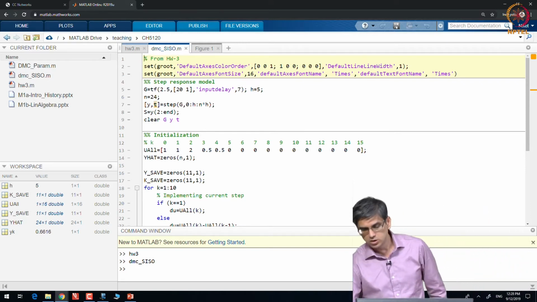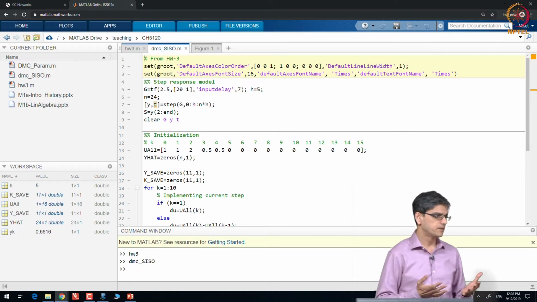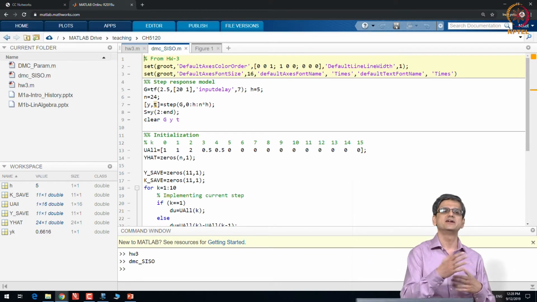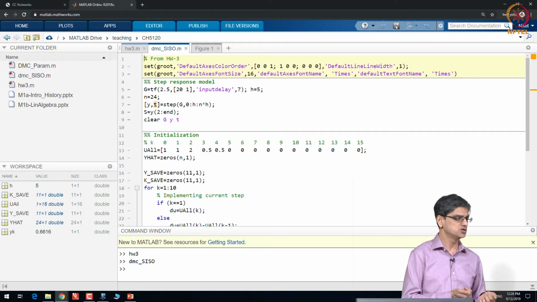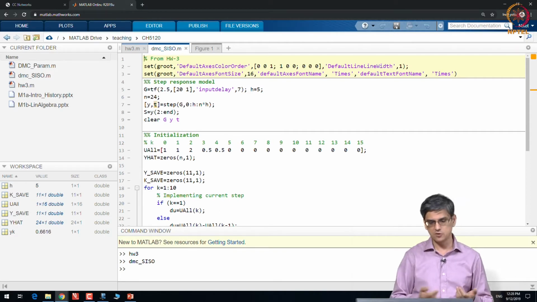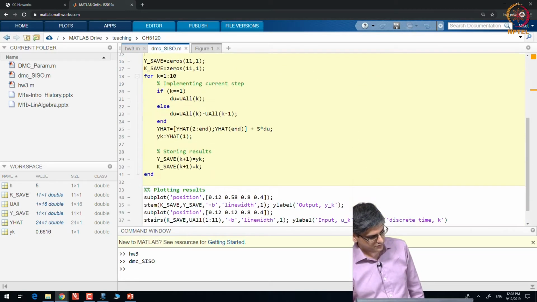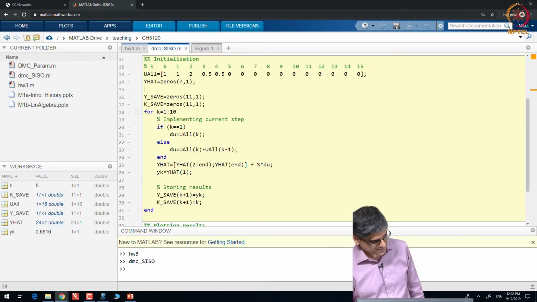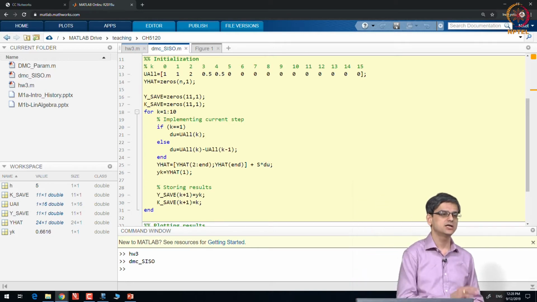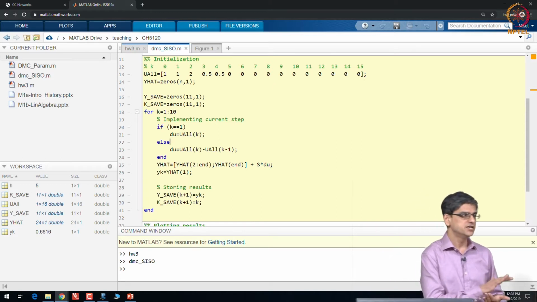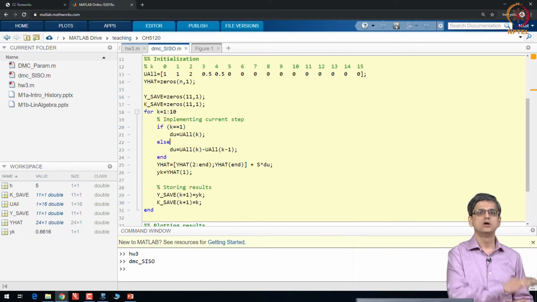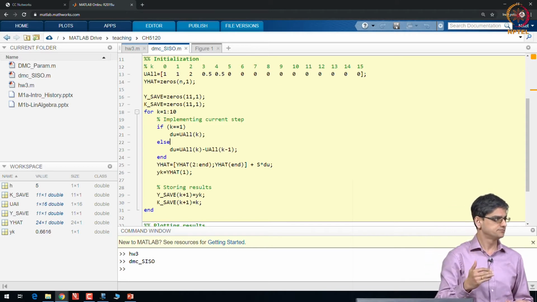Okay. So, this is open loop. Let us say we have determined how an operator is going to change the inputs, and the operator changes it as given by u all. Let us say that is not what we want to do. What we want to do is replace how we calculate the u using MPC in order to meet the requirement, and the requirement was to go from initial condition of 0 to set point of 1.